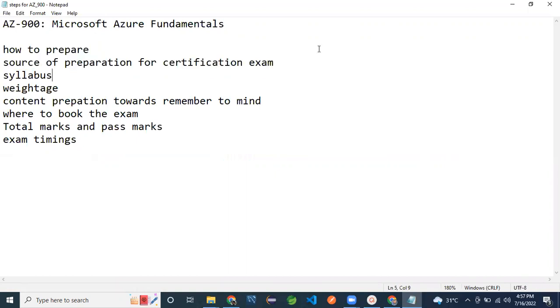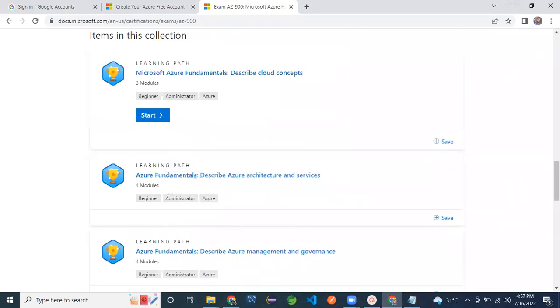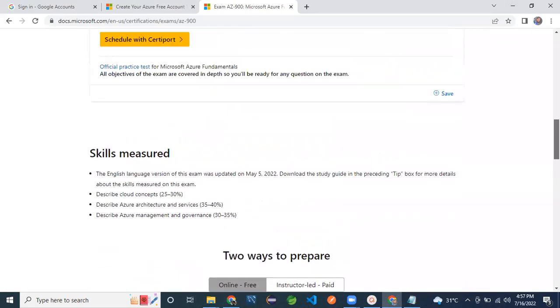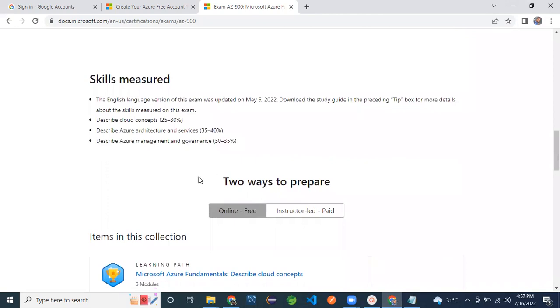So, coming to the syllabus. You can see this is the syllabus: describe cloud concepts, describe the Azure architecture and services 35 to 40%, and describe Azure management and governance. This is updated from May 5th.